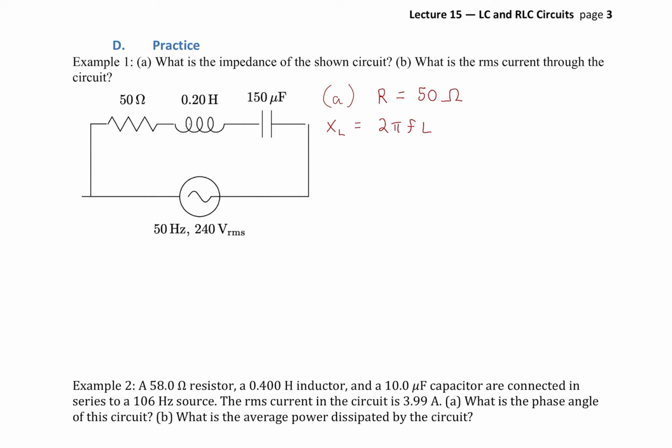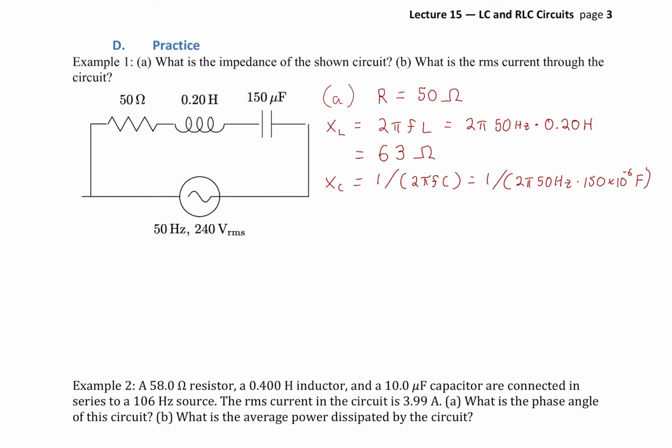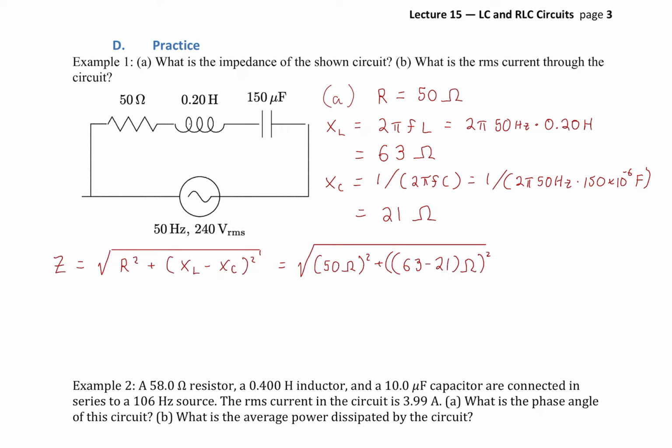The reactance of the inductor is just 2 pi FL, which ends up being 63 ohms. The reactance of the capacitor is the reciprocal of 2 pi FC, and we plug in our values, because they're all specified here in the diagram, and we get 21 ohms. Excellent. So then we can find the total impedance by just plugging in the values. Let's take the difference between 63 and 21, square that, square the 50, put it all inside the square root because of the Pythagorean theorem, and I get 65 ohms as the total impedance of